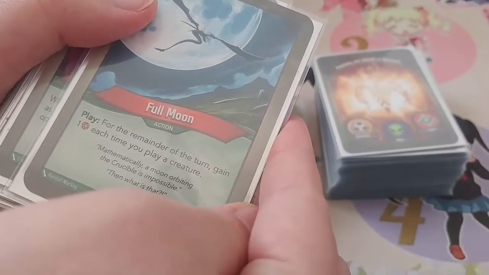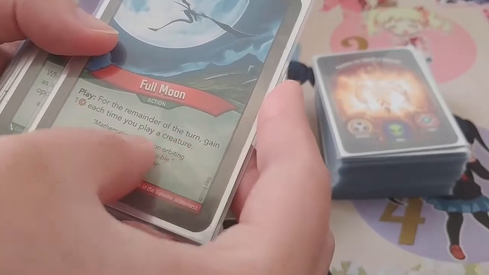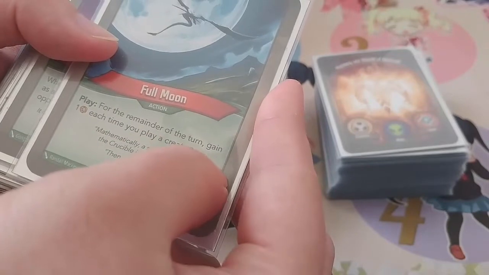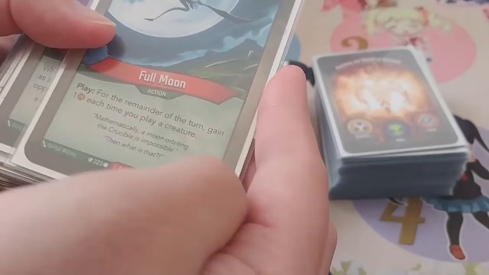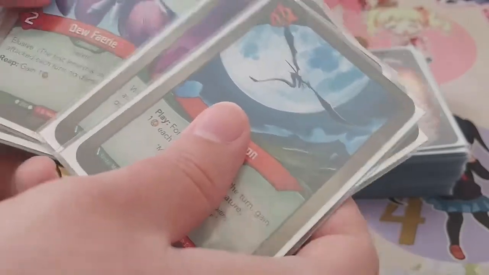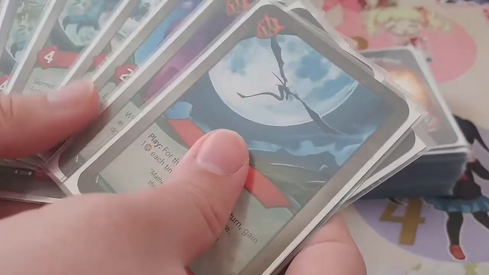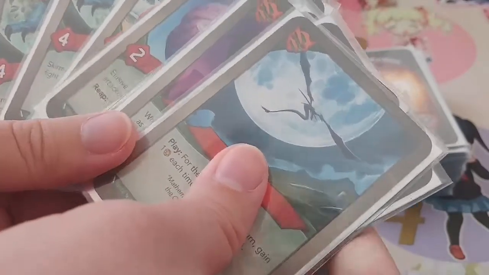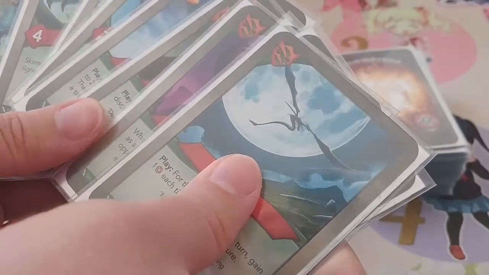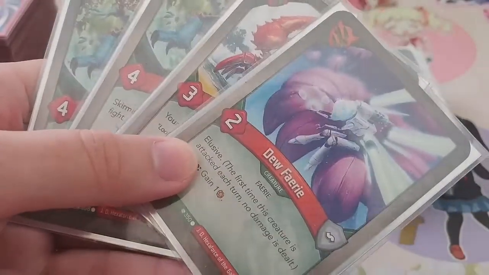So this is Full Moon. For the remainder of the turn, gain 1 resource each time you play a creature. I believe these are called ambers, yeah. So the problem is, I have this card, but the thing about, no, this is not an artifact. This is called Keyforge, right? The thing about Keyforge is,